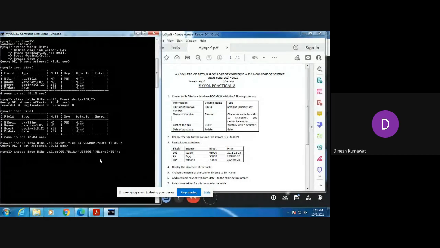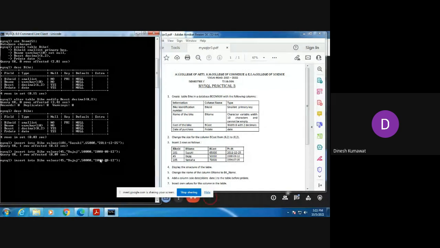And the purchase date is 2008-12. Okay, so check it once again whether it is correct or not, and if it is correct, then just press enter. Again you are getting Query OK, one row affected.